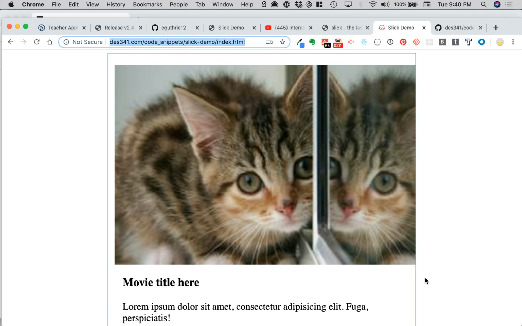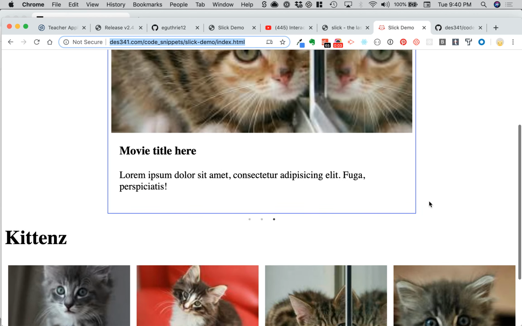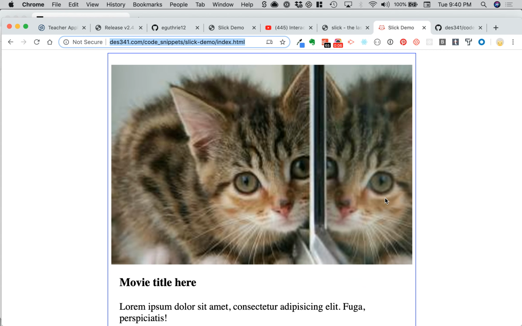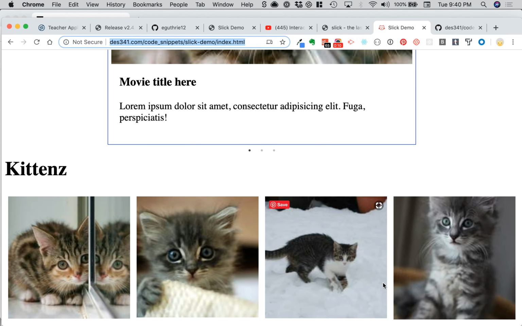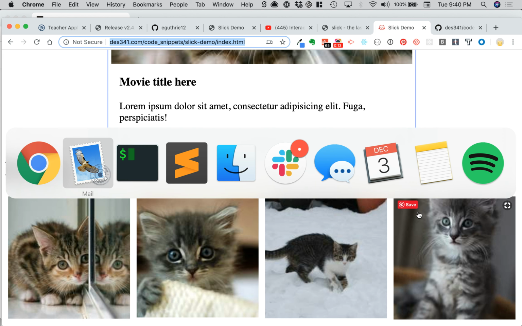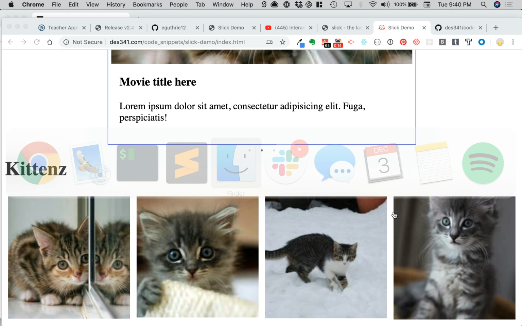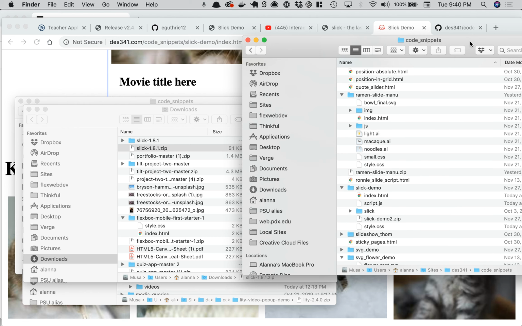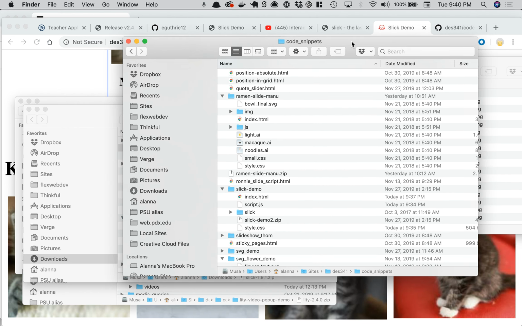Hello, so here is a quick demo on how to get Slick Slide working. I've got two different options here. There's a big carousel and then there's a multi-image thing. So what you need is, let me see if I can find it, you need to download Slick,